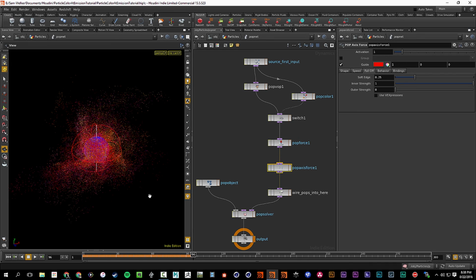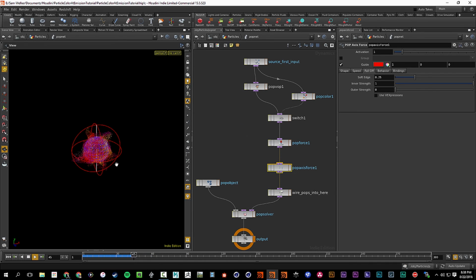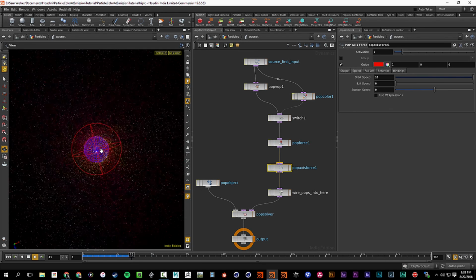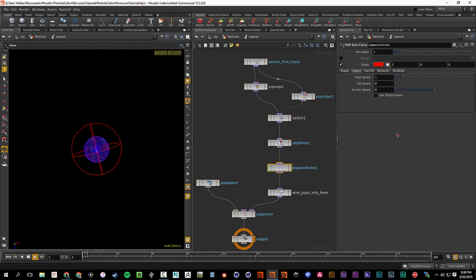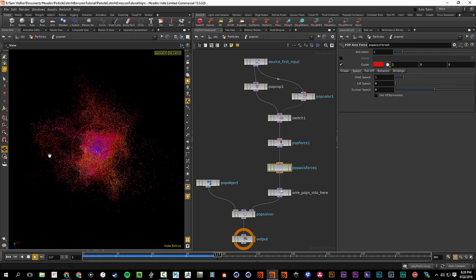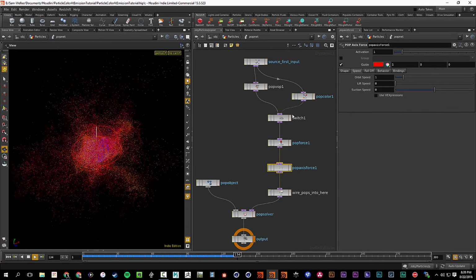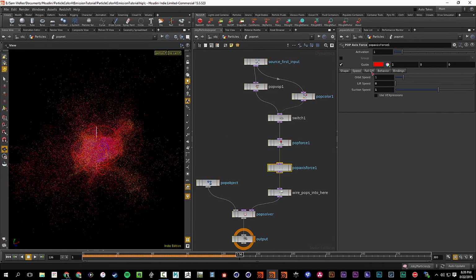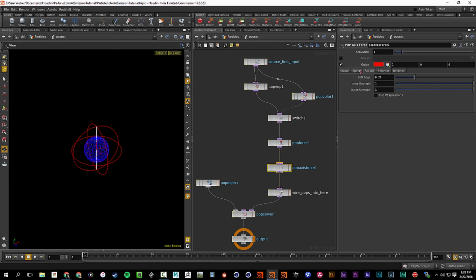So you have this sphere, and this is where the particles are affected by this force. And as you can see, they're starting to spin when they come out. And if we turn up that setting, you'll see that they spin when they come out. But if we turn it down, you'll see that they only spin in the sphere. And then they kind of keep their regular velocity at that point, which can be a really cool effect. But in this case, we're going to want to set that outer strength to keep,